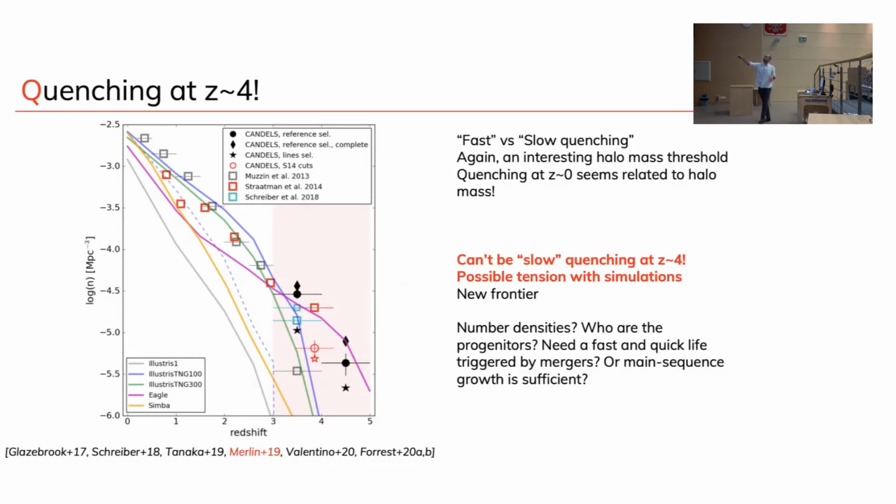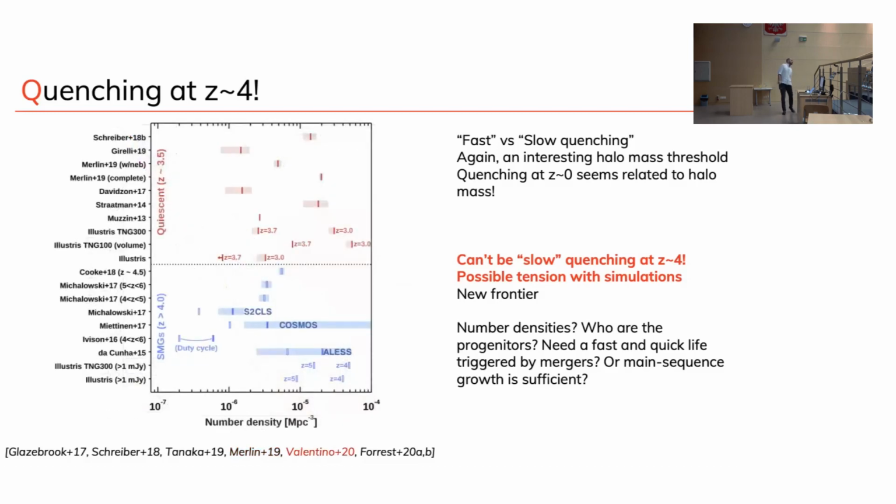And this is where we now stand. We're probing redshift 4-ish. And you see that most of the models and simulations produce very few quiescent objects, even 0 over redshift 4. Some maybe produce a bit more, but then they undershoot here. So, okay, what's going on? And the great thing is that now JWST is there, and this should be an obvious science case, because right now we're limited at redshift 4 by spectroscopic observations from the ground. The atmosphere just kills you. But JWST is not going to be limited there, and it can go to lower places.